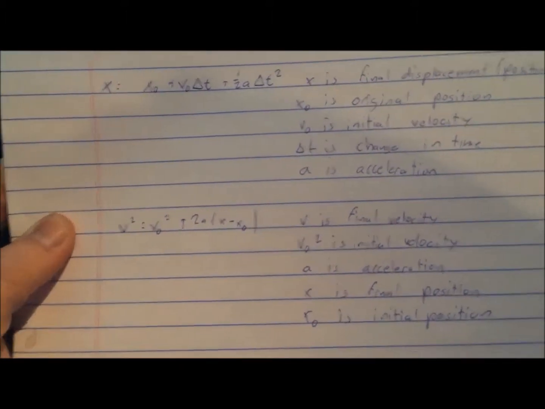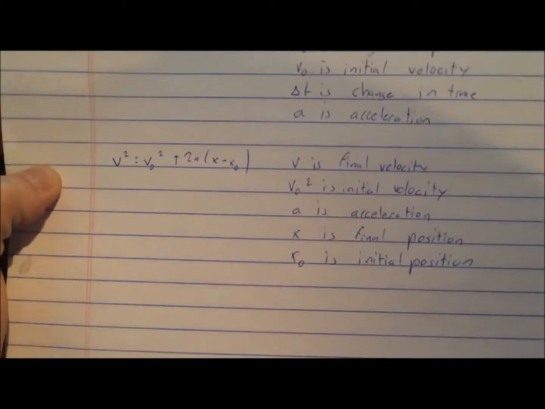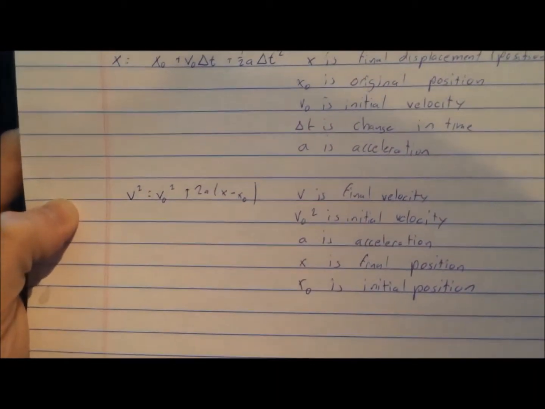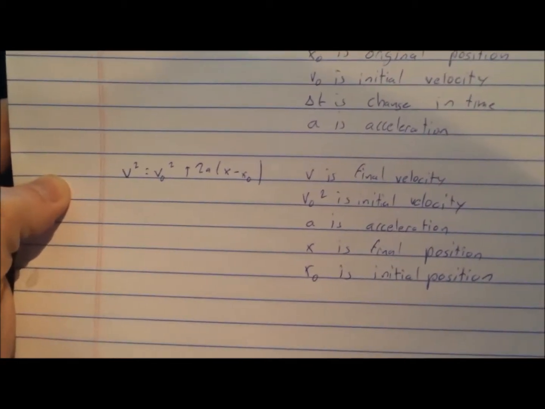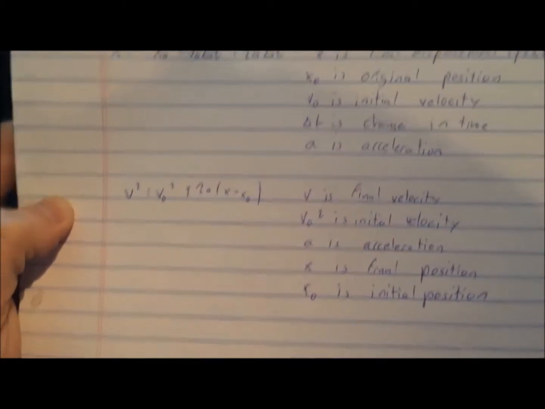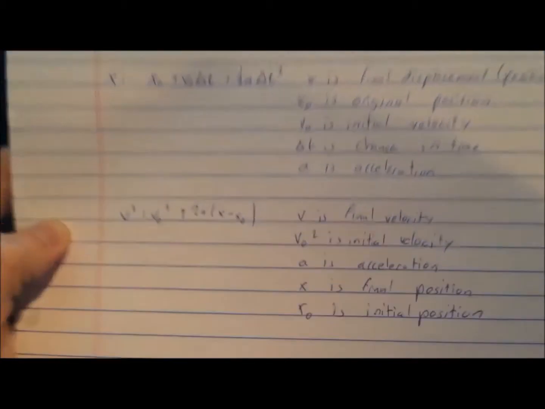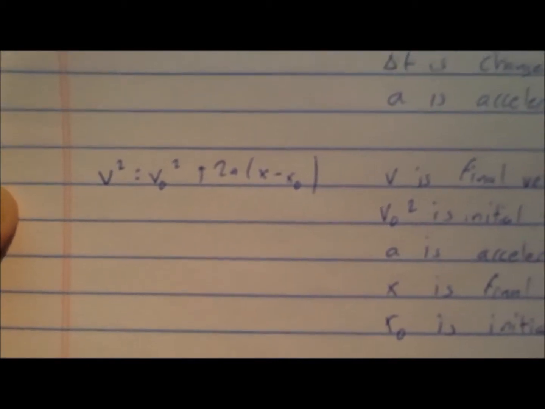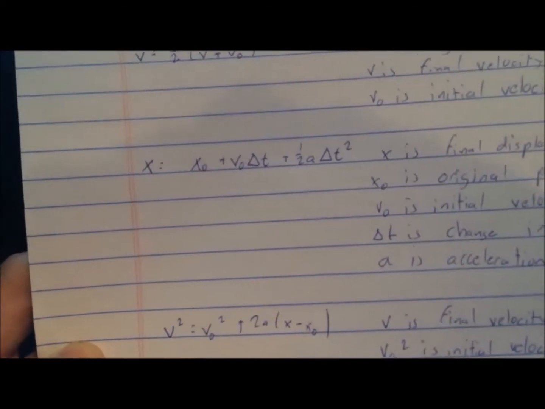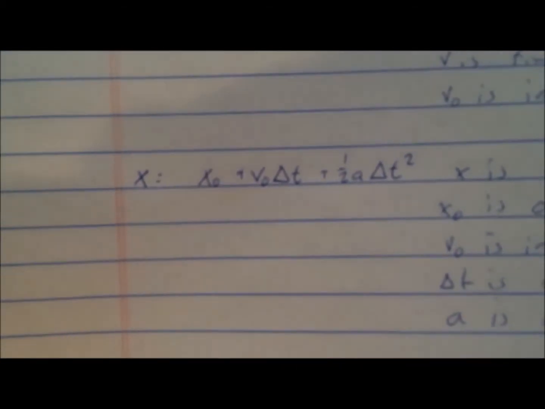And then down here is also a fourth equation that we can use to find certain variables that we may not be able to take out from these. So this is a good equation for delta x, or x minus x initial, which is saying right here we have x initial,